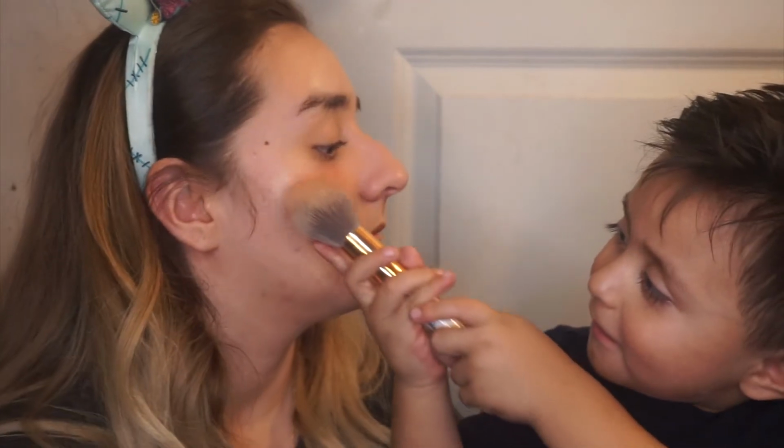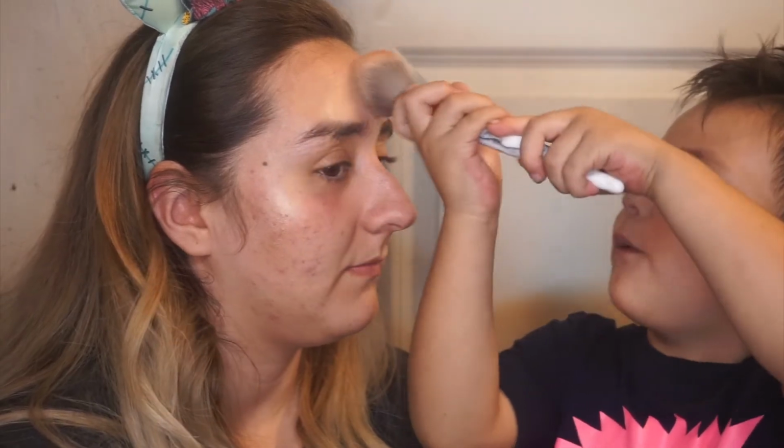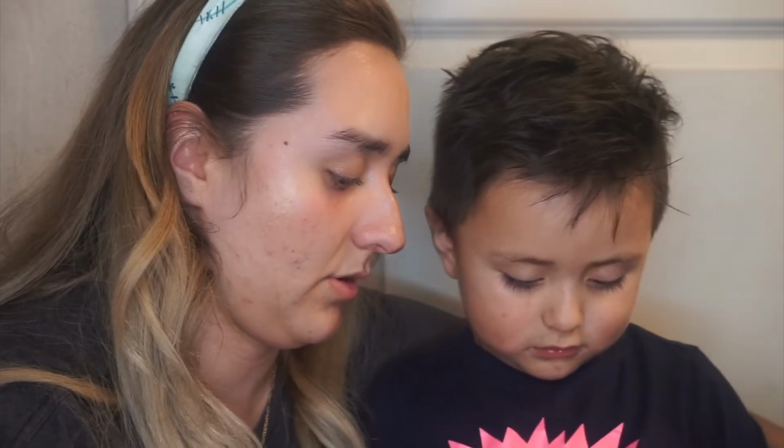And some pink. I'm gonna put a head. Oh, okay. I'm gonna put it that way. I'm gonna put it in a bunny. You're gonna put it on mommy's cheeks. Okay. Ready? Help with cheeks. Oh yeah. There's the right side, okay? Oh, they're right here. Okay? Oh, sorry. Look at my...